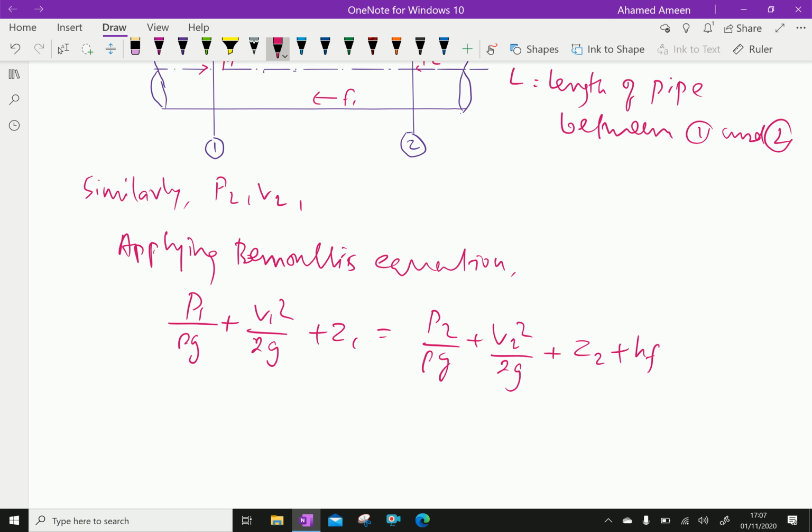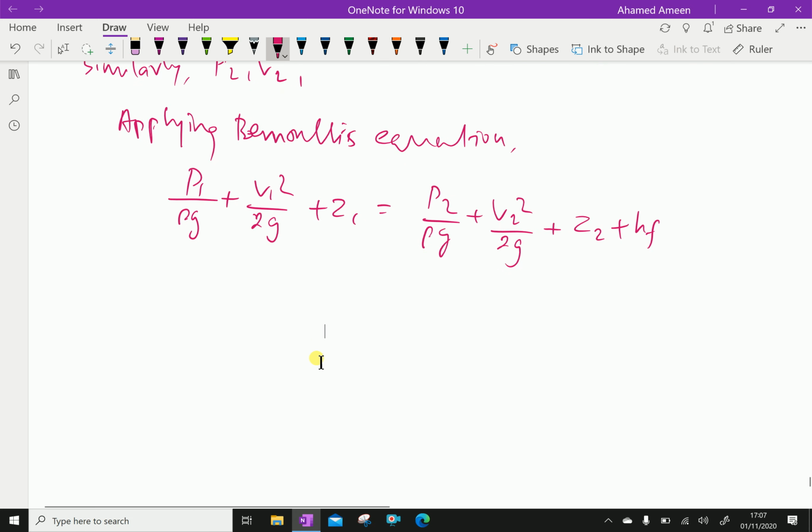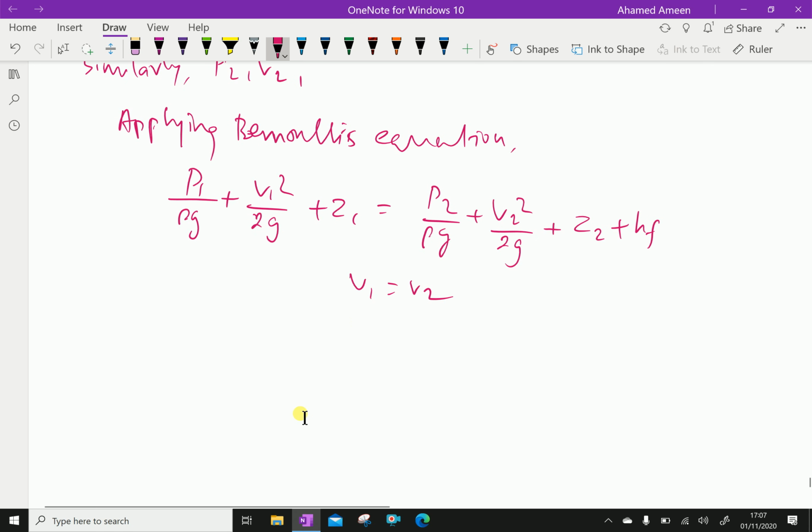Now here the diameters are equal, that is, the diameters at section 1 and 2 are equal. Therefore V is constant, that is V1 equals V2, because the cross-sectional area is the same in both sections. Now applying this condition, we have P1 by rho g plus Z1. Also the datums are equal, Z1 equals Z2. Therefore, we will write finally P1 by rho g is equal to